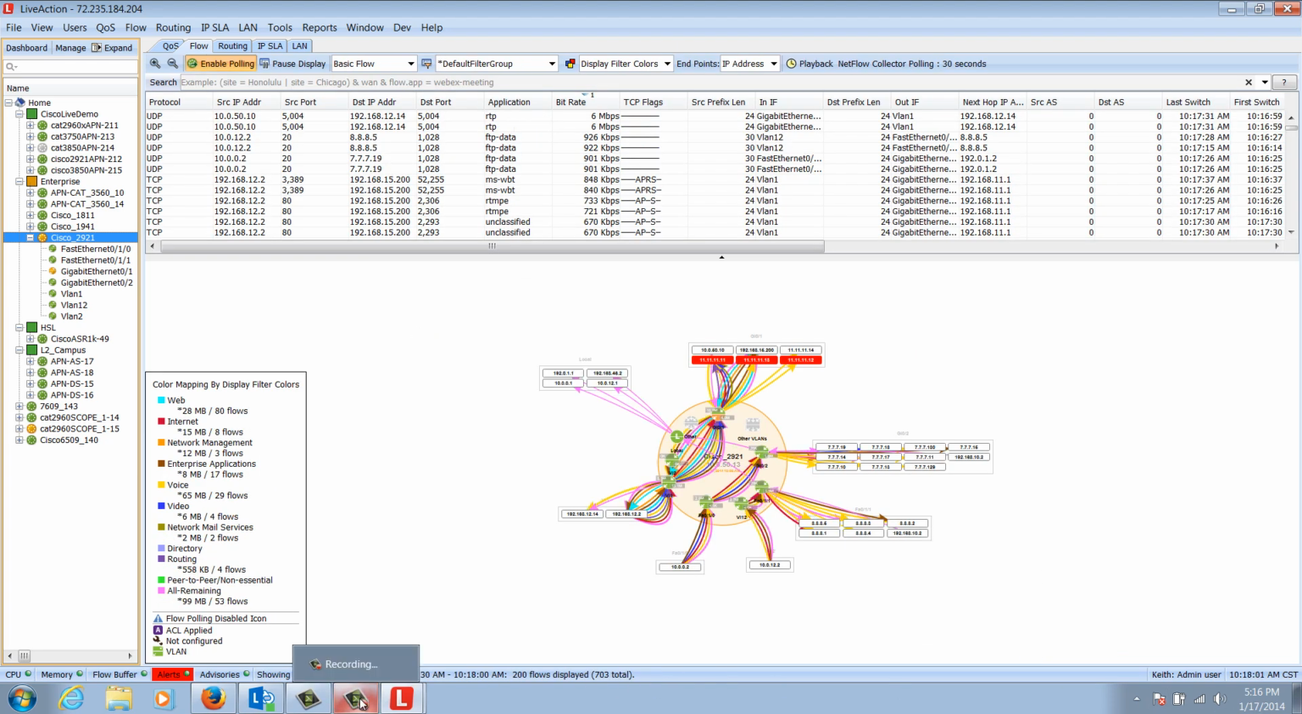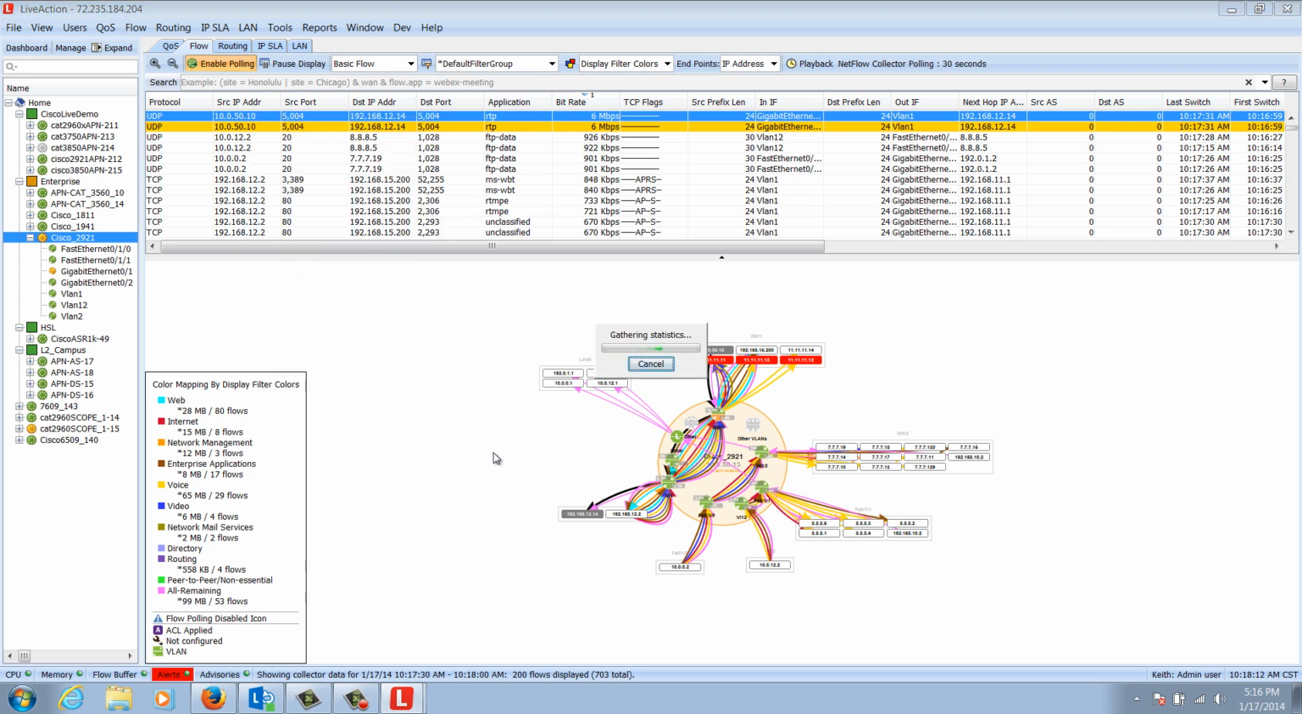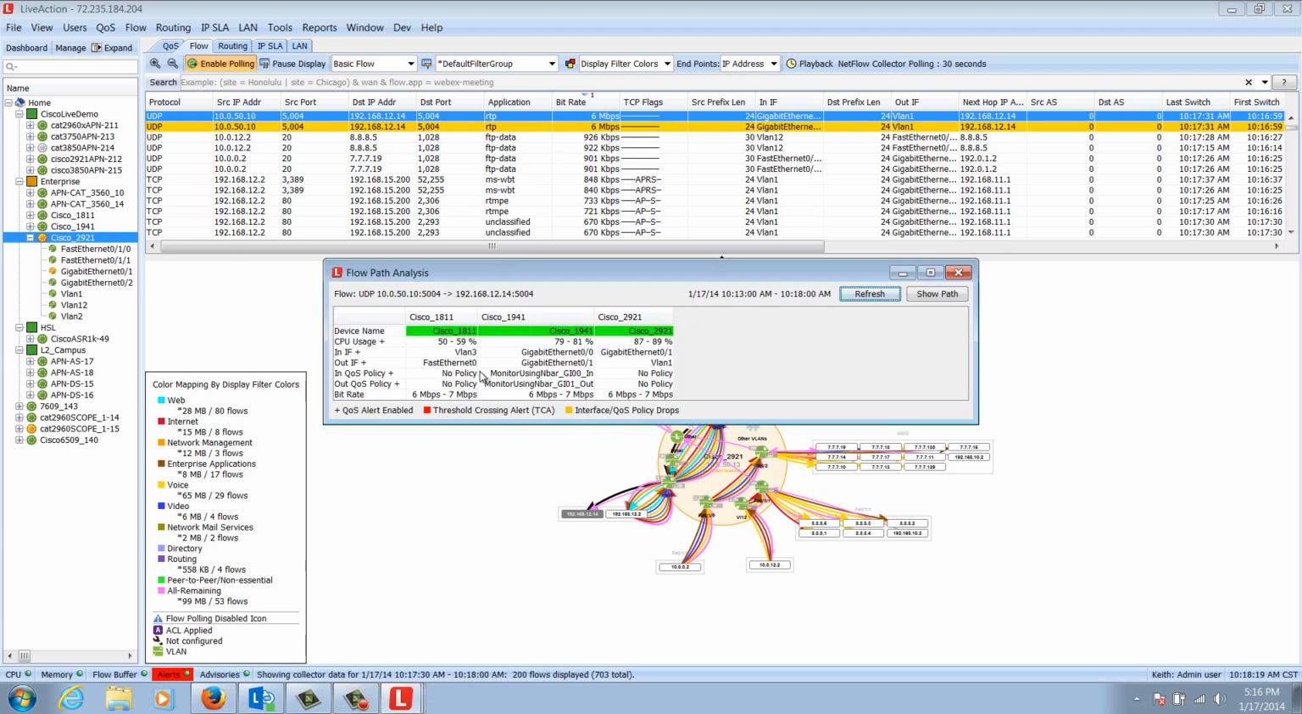Notice this is a 2921 router, and we're now looking at the flows that are going through the device like we have in the past, but I want to show our existing customers something new. Look, I can actually do flow path analysis now of the actual path of the data going through the network. And look, here we are now showing the actual path going through with flow path analysis,